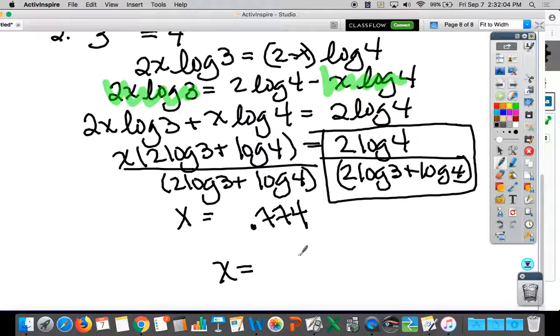What would I do? Log 4 squared, which is 16 over, let's write this one as a single,